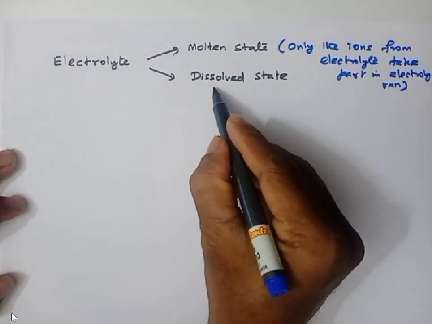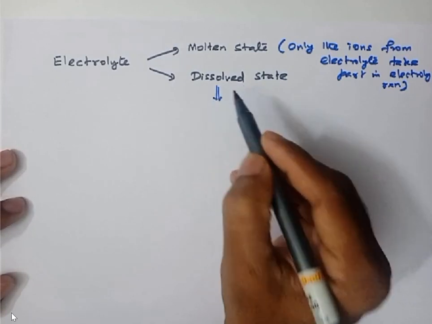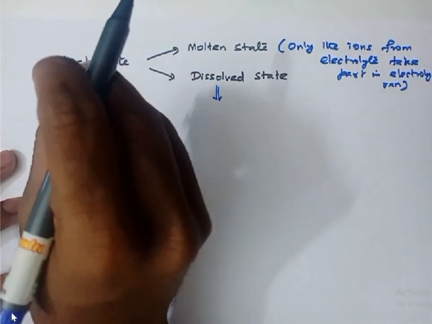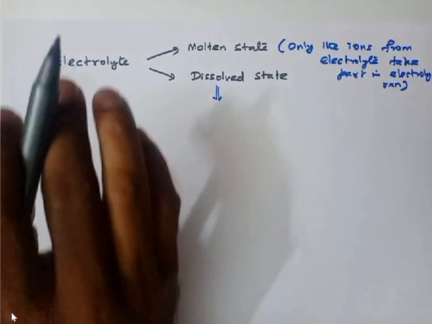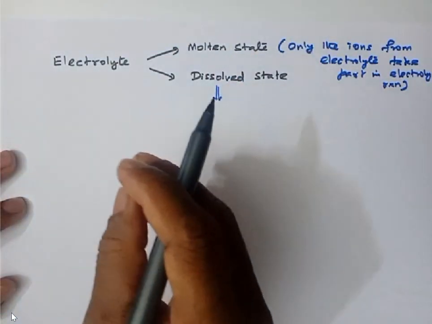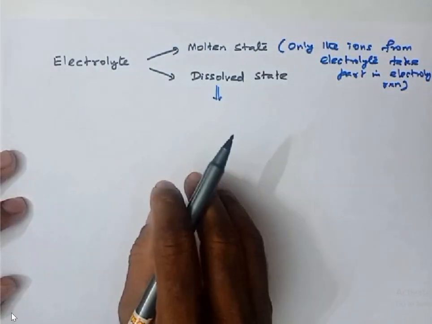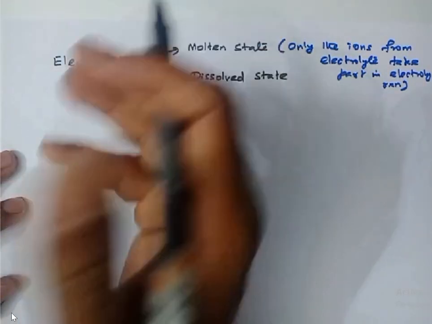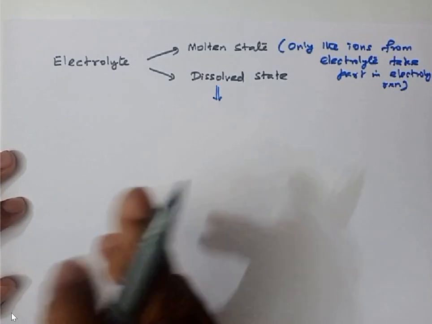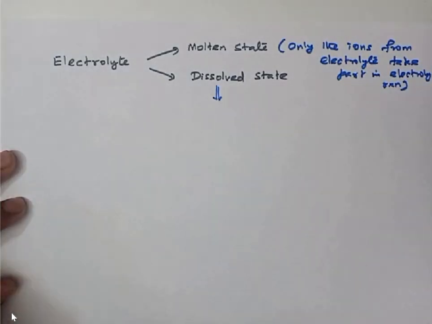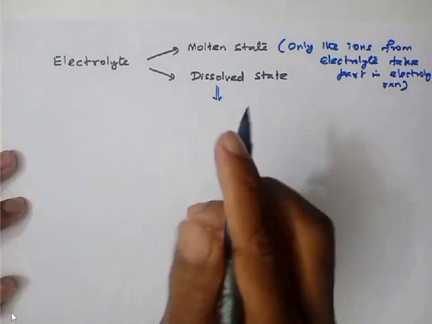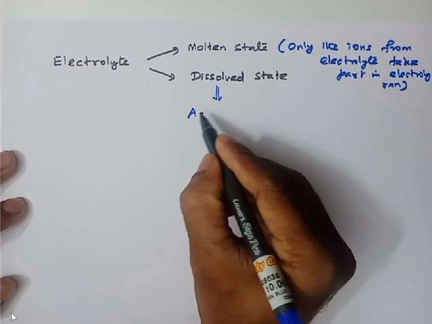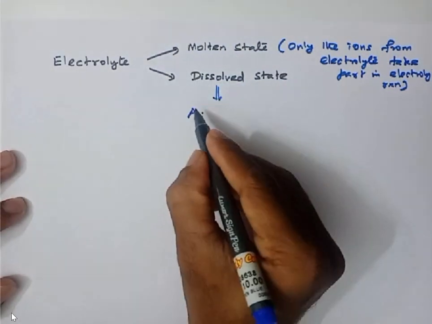Whereas when you take a dissolved electrolyte, what is meant by that? If you dissolve some electrolyte in water or in alcohol, we have different solvents. If the solvent is capable of furnishing ions, then those ions may also undergo oxidation or reduction at the electrodes. For example, if you dissolve sodium chloride in water, we get aqueous sodium chloride,